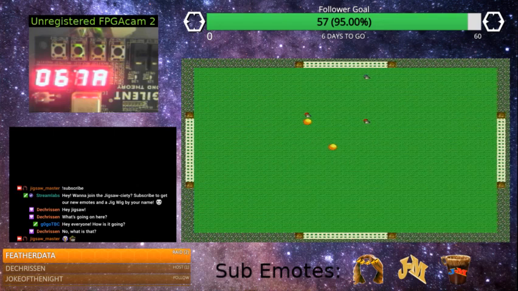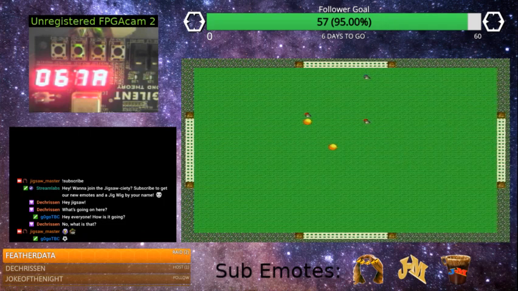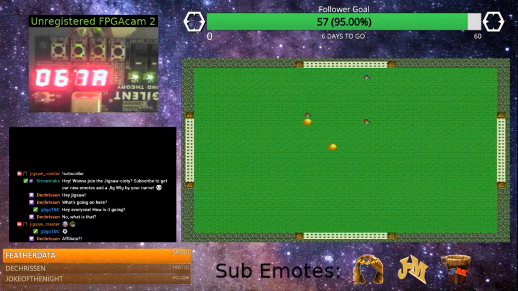So an FPGA stands for Field Programmable Gate Array, and effectively what it is, it's like a grid of little